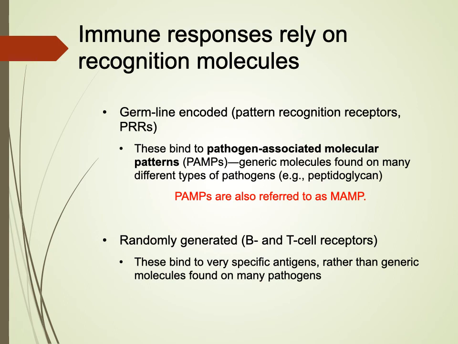So again, this idea is that, in our germline, we have patterns that are found in us, and then pathogens, microbes have different patterns that are found, and so we have cells that are able to determine our own cells, self versus non-self. So they're able to read those molecular patterns that are unique to not us, non-self. The other way in which molecules are recognized are through cell receptors. So more specifically, these randomly generated receptors that are found on B cells and T cells.